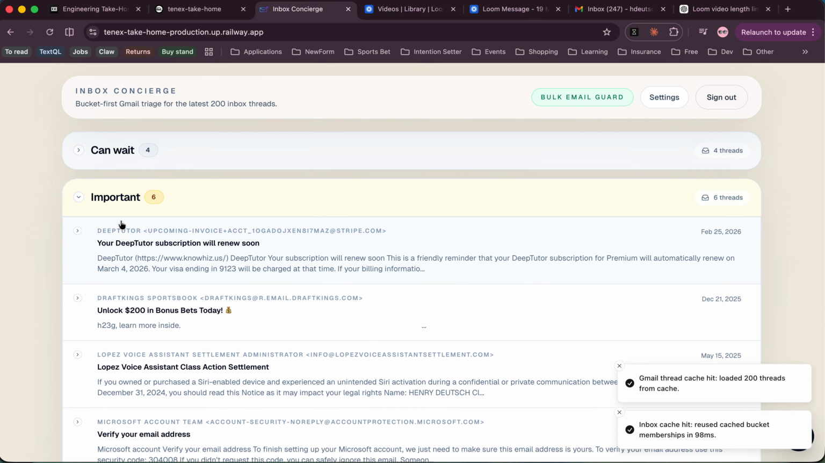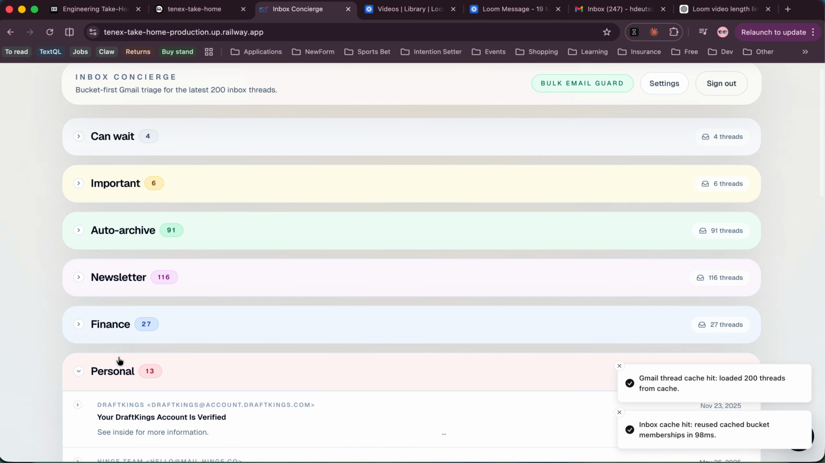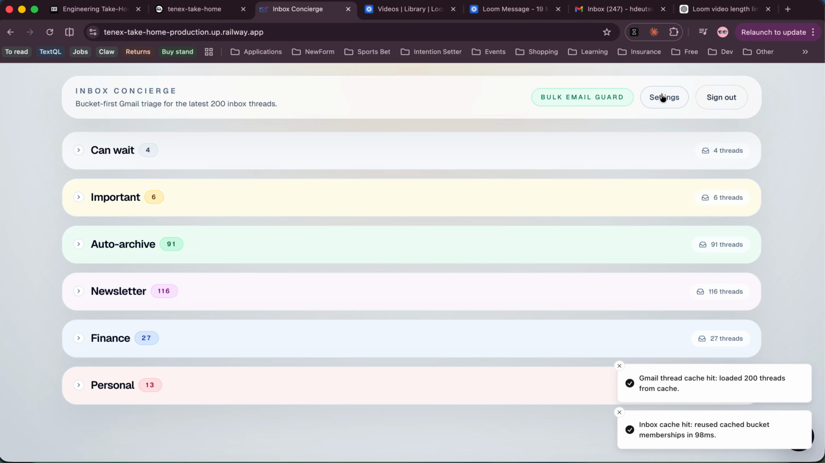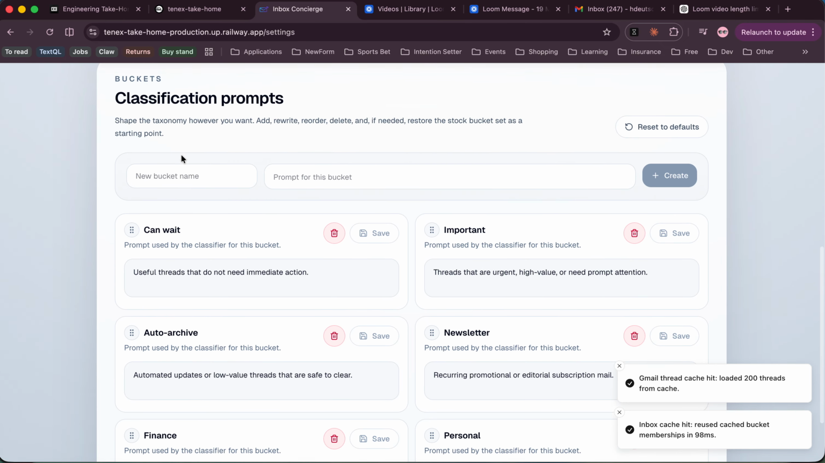So this is the app. We've got a cache here, so it loaded immediately. These are the 6 buckets that are created by default when someone opens the app, and you can change them here, add a new bucket,